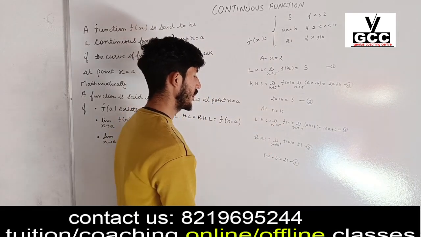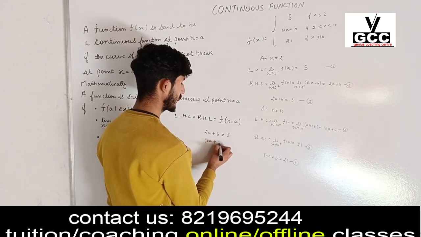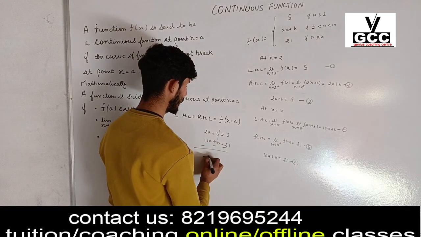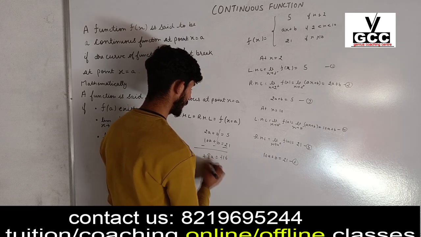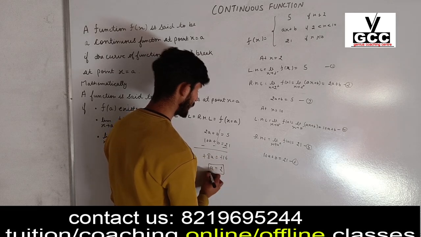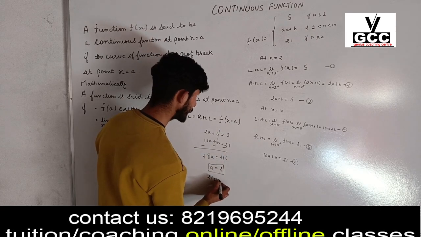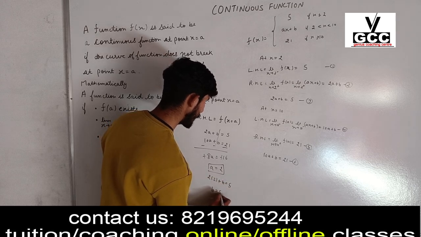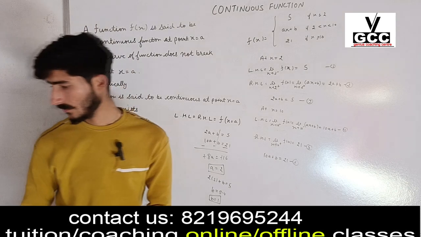Now we have to find the value of a and b. So by using the elimination method, we can find the value of a and b. Now subtract the equations: minus 8a is equal to minus 16, a is equal to 2. Now substitute the value of a in equation 3. We get 2 into 2 plus b is equal to 5, b is equal to 5 minus 4, that is b is equal to 1. These are the required values of a and b.